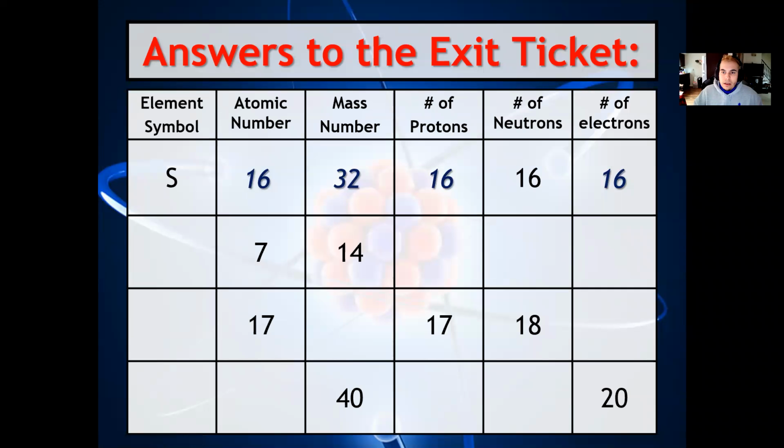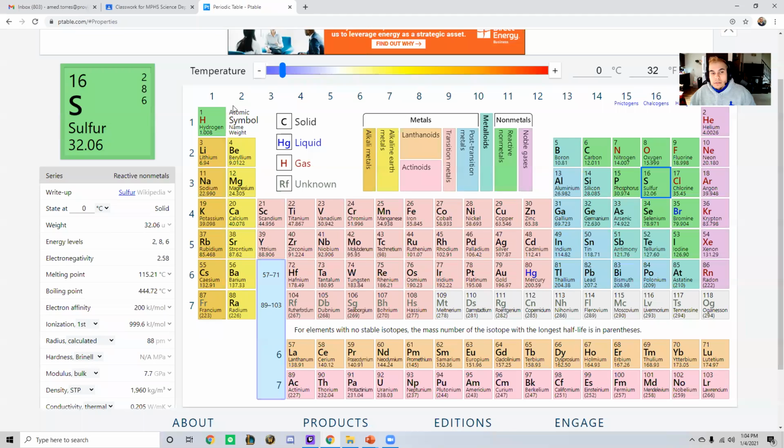I'm going to let you guys do the rest of these. Just remember, atomic number is going to give you the identity of the element. So real quick for the second one, atomic number. If the atomic number is 7, that means we have to go in the periodic table here and look for 7, which is nitrogen. Nitrogen has atomic number of 7, and it has 14.007 atomic mass,